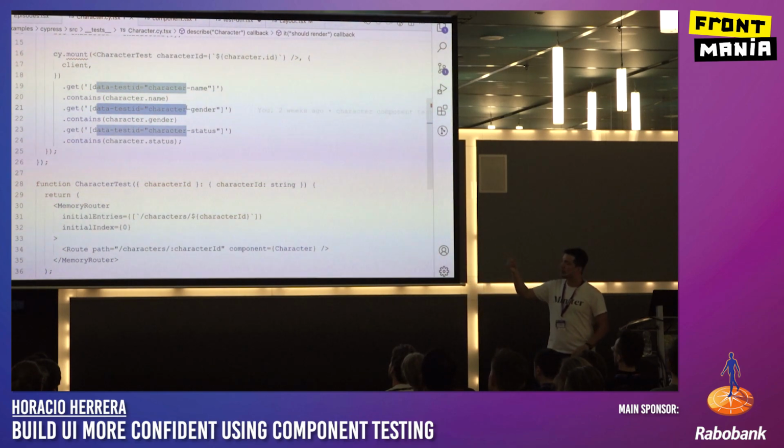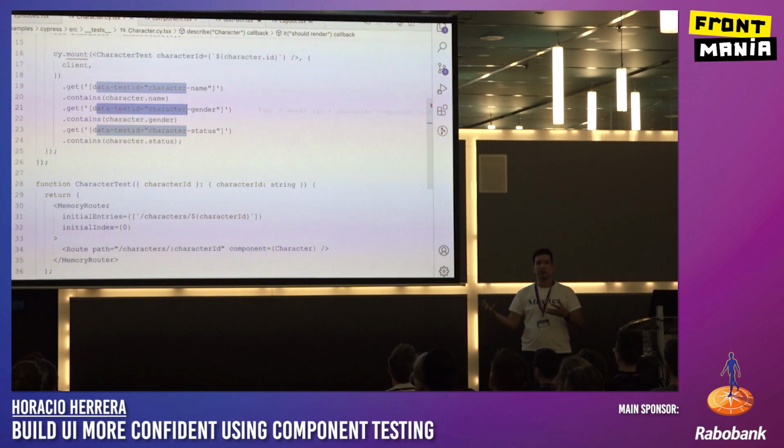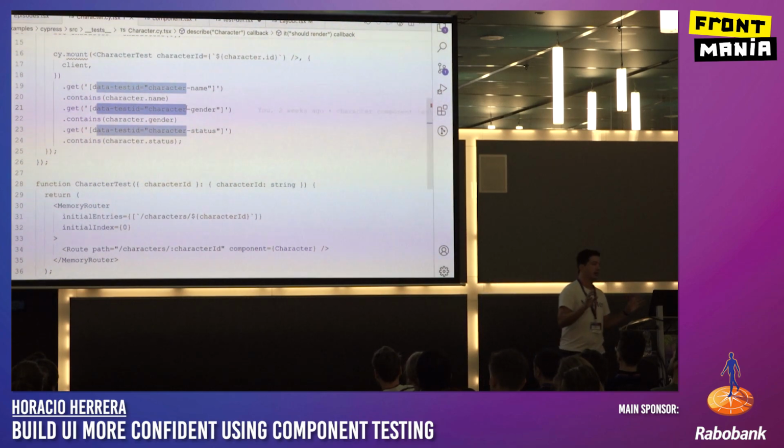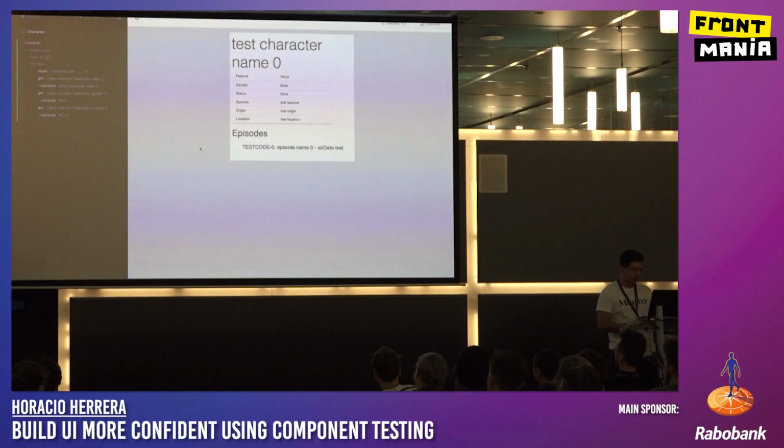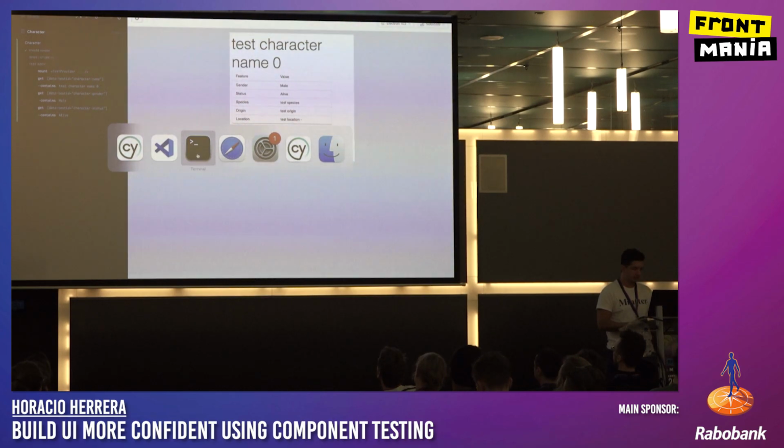So that helps me a lot to refactor whenever I need to refactor something. It was easier for me to just leave the test as it is. I can refactor even the UI, put the data test ID, data attributes when it needs to, and everything works almost great. Because, of course, we need to change stuff from time to time. So, yeah, and then you can see that the test is rendering thing here, and everything is working. Okay? Good? First example. Now, let's go to the bigger one.